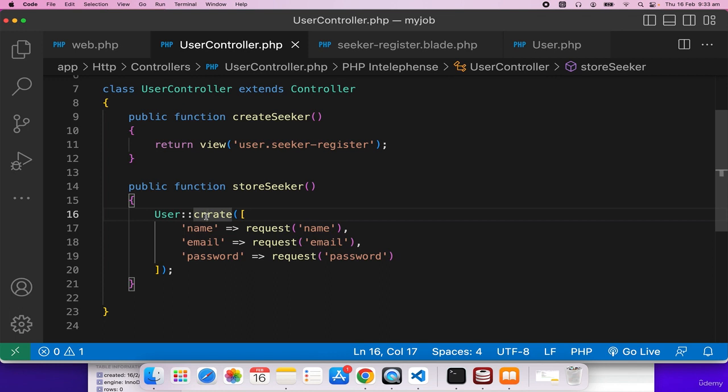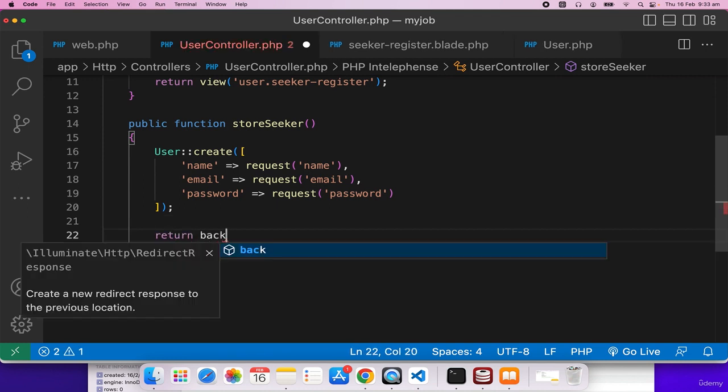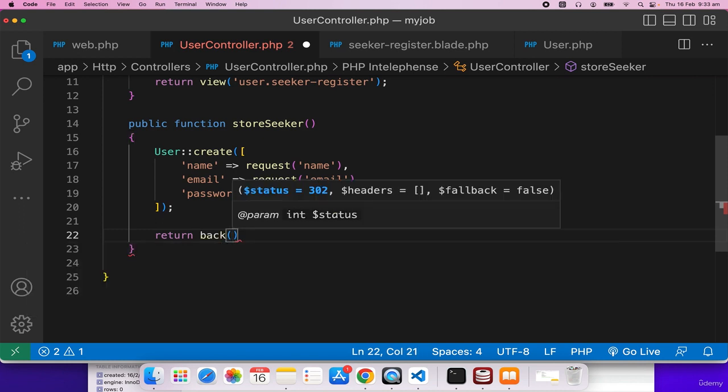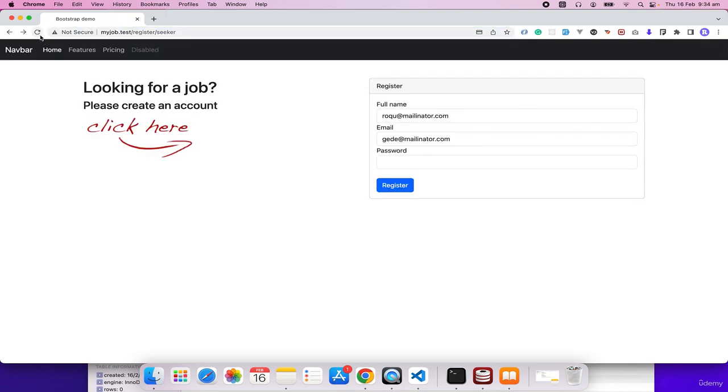So this is create, and once this user is created, we would probably return to the login page with some successful message. But for now we don't have a login page, so we simply want to return back with no message. Okay, so let's go here and let's go back and let's refresh. Let's submit the data here. So first name John Doe, email John Doe @gmail.com,